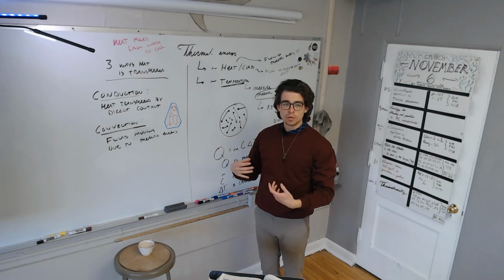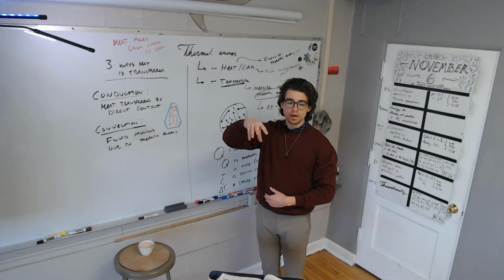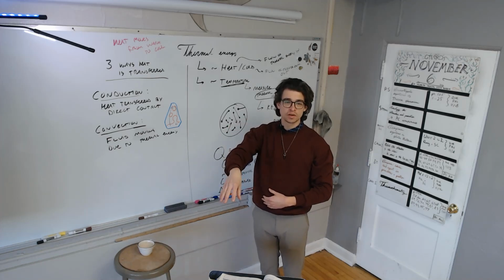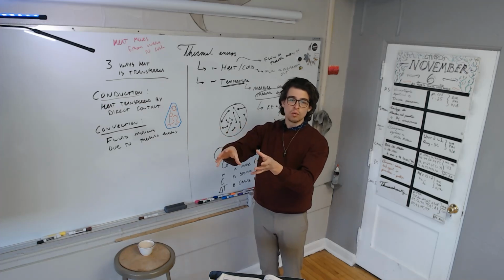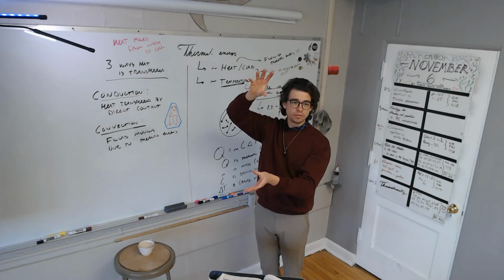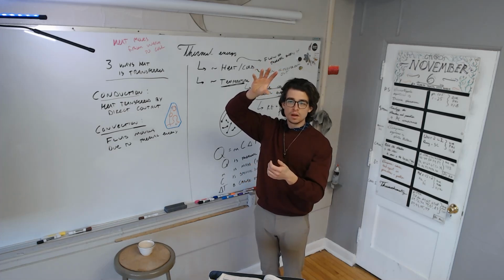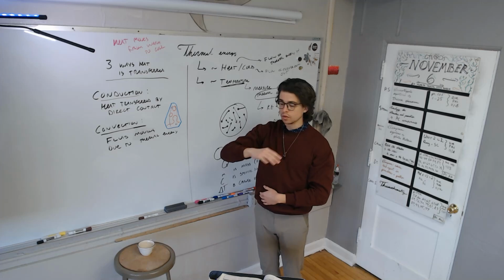At our house, we have a two-story house, and when it's wintertime, we keep the heater vents open on the first floor and we close them on the second floor, because the heat will come out more on the first floor, where it will rise and the second floor will become warmer. In general, this is true in this building, depending on how the heating is set up, but in general, the second or third or fourth or whatever floor of a building will be warmer than the bottom floors because of convection.